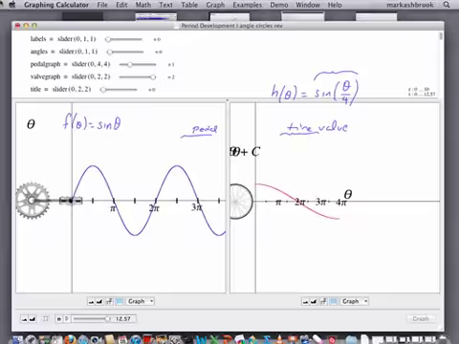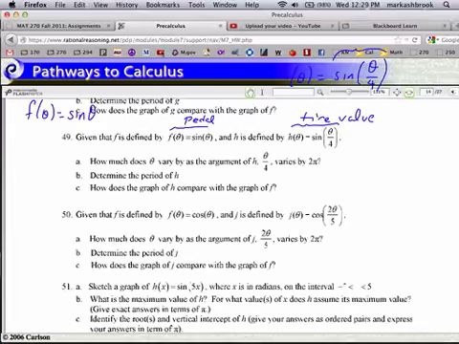So if we understand all that, we should be able to answer any question they throw at us here. How much does theta vary? Nope. How much does theta vary by as theta over 4 varies by 2 pi? So what happened as theta over 4 varied by 2 pi? How much does theta vary? So that's saying a period, a period of the h function. This is saying 1 period of the h function